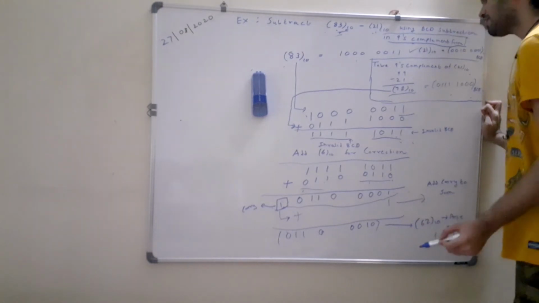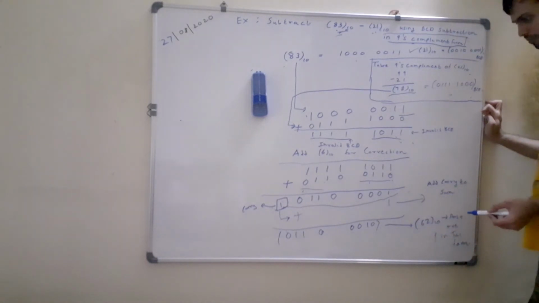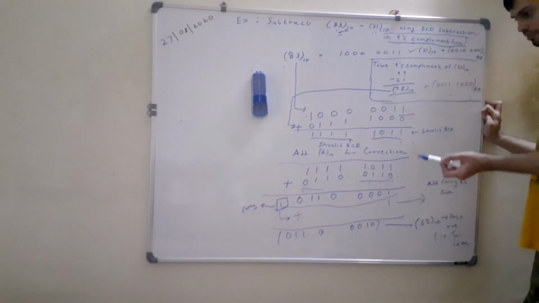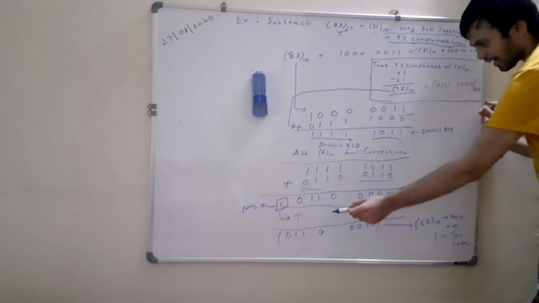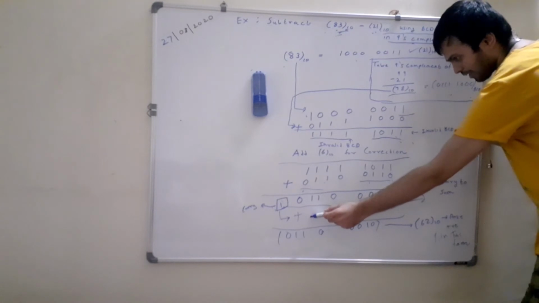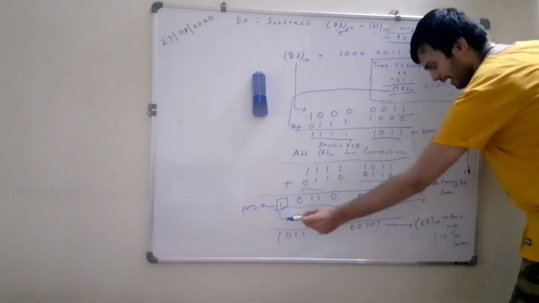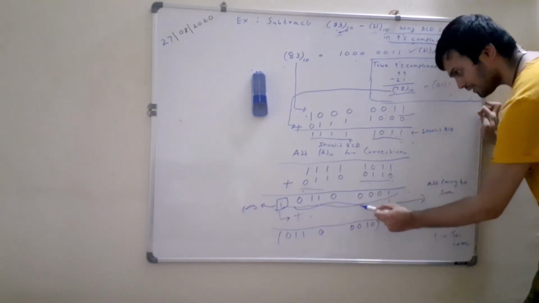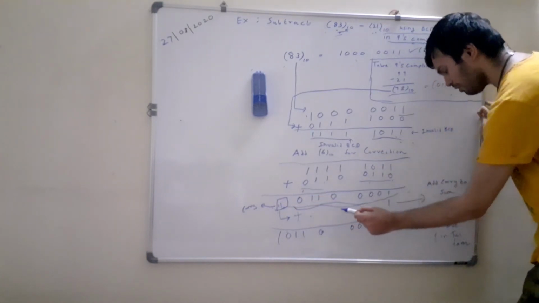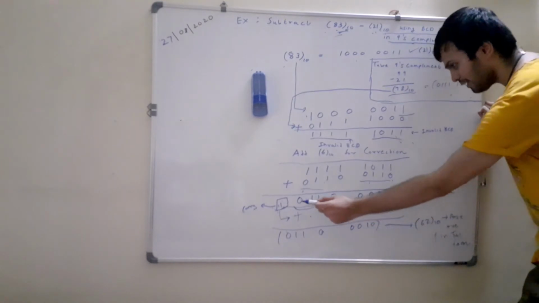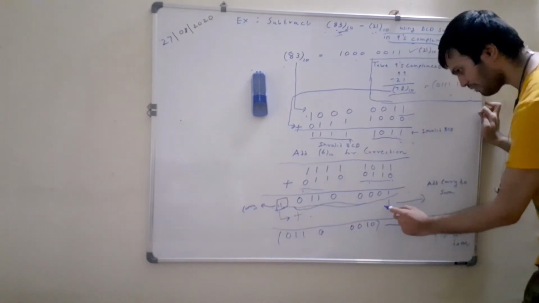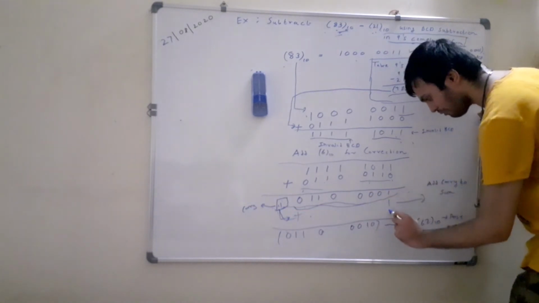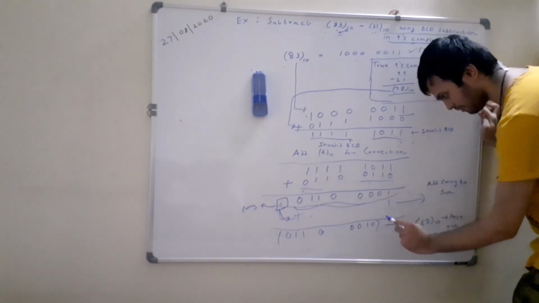And remember the steps for 9's complement BCD arithmetic I told you. Whenever you have a carry generated out of the MSB, that is known as end around carry. So according to the steps of 9's complement arithmetic, you need to add that carry back to the sum. So this is the sum part of the result, and this is the carry. So to the sum part, again we have to add the generated carry, the end around carry. So this one we simply add to get the final result.